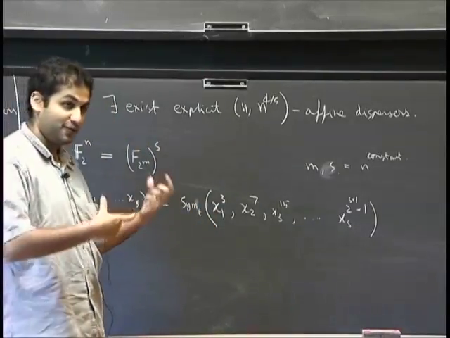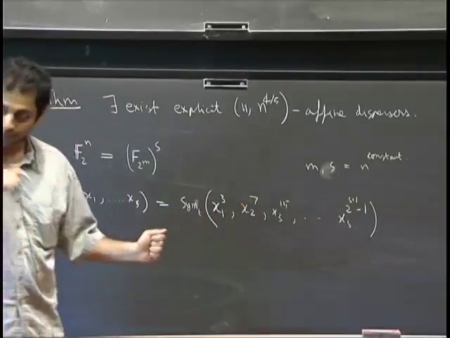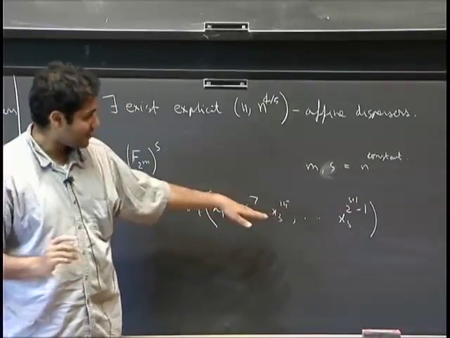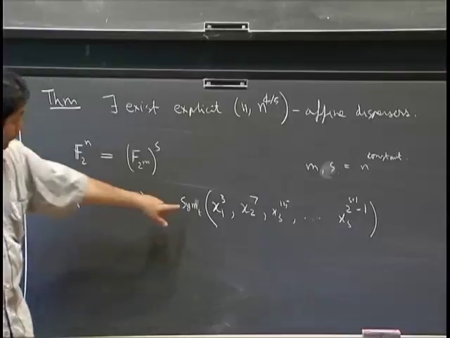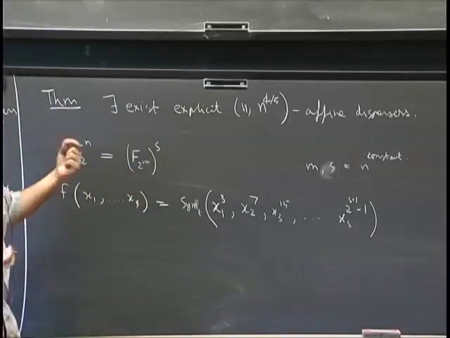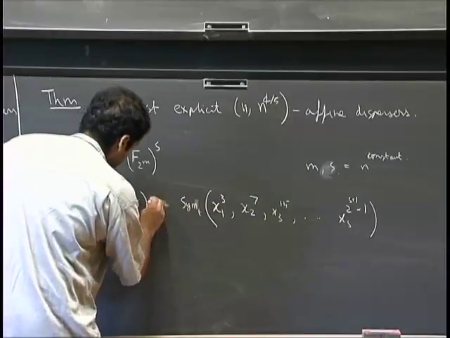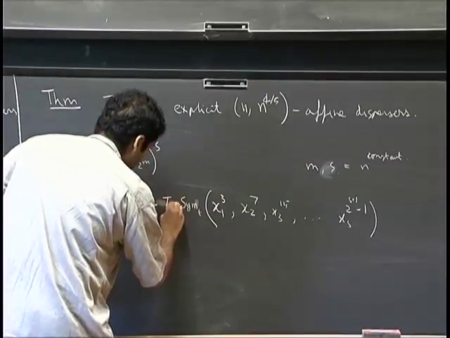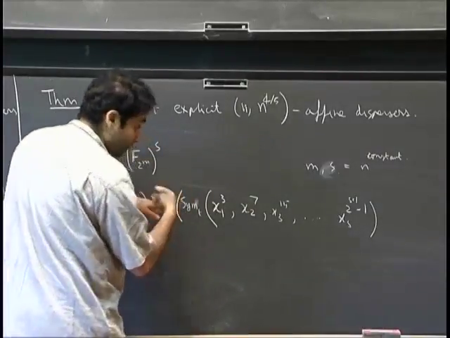This is the sum of products of t of these at a time. So far this calculation has output something in F2 to the m. Then I want to output something in F2, so I'll take the finite field trace from F2 to the m to F2